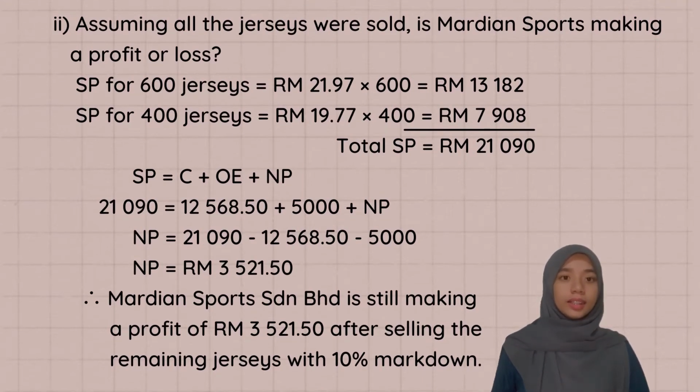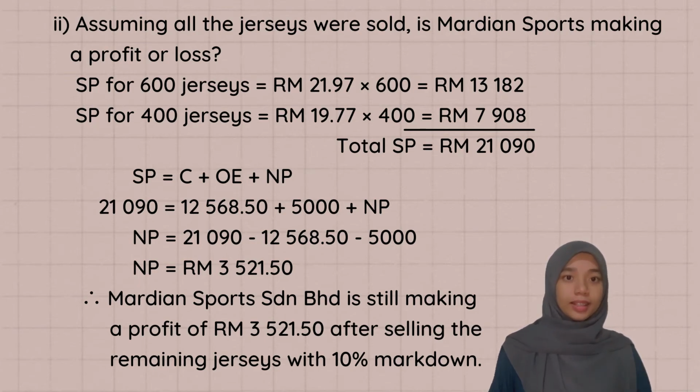The second question is, assuming all the jerseys were sold, is Marden Sports making a profit or loss? First of all, we have to calculate the selling price for the first 600 jerseys, which is 21 ringgit 97 cent times 600, equal to 13,182 ringgit. And then we calculate the selling price for the next 400 jerseys, which is 19 ringgit 77 cent times 400, equals 7,908 ringgit. So the total selling price is